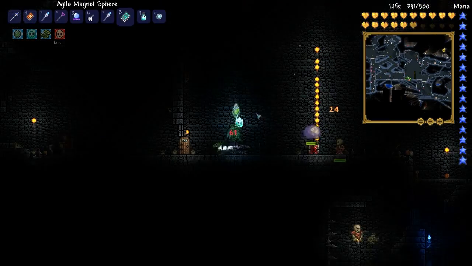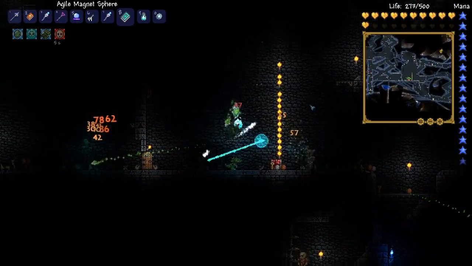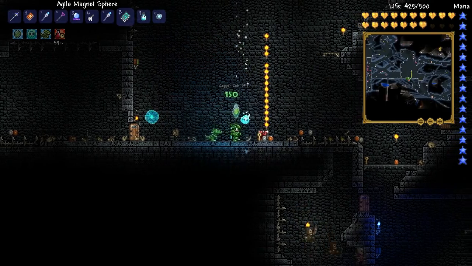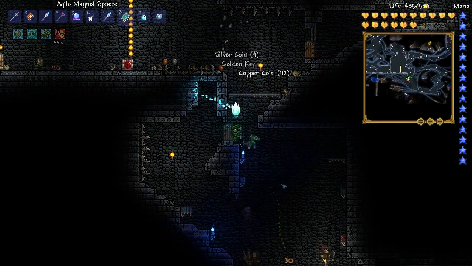Hello, folks. Just wanted to let you know how my dungeon adventure is going. I have an amazing new spell. It's called the Magnet Sphere. You can only have one out at a time, but it's awesome. I think I'm just about done in the dungeon for now. I might have enough...